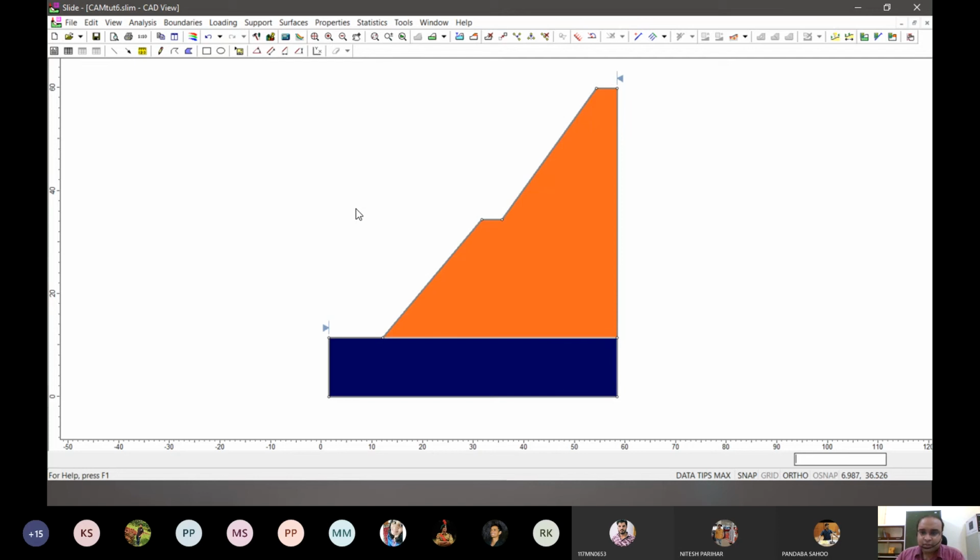If you guys have any questions, any comments, you're welcome to present right now. Next class in CAM, we will be seeing about what is the effect of water loading, external forces, and maybe possibly a chance of how the stabilization works or how the bolting works and how it can improve the factor of safety of the whole slope. So we'll be doing that on Thursday.